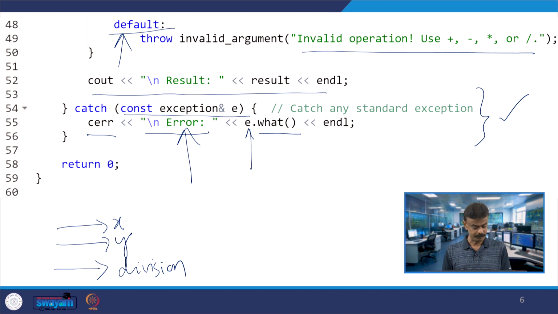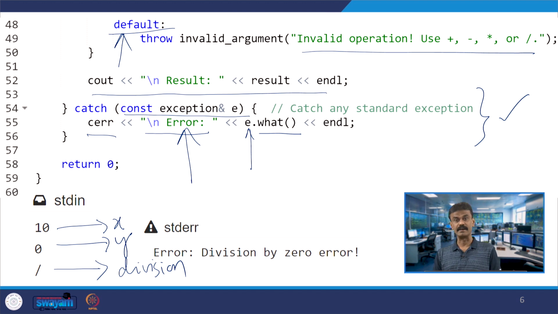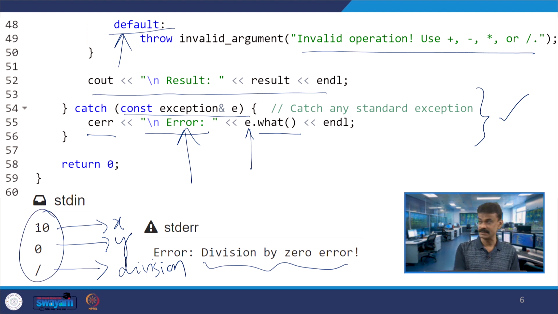Then you will get the output like this: error, division by 0 error. So, this what function is available in standard exceptions. One of the examples we had seen, this will give you the expected error, and this is the message, division by 0 error. You are passing 10 0 slash, you are getting the output like this.